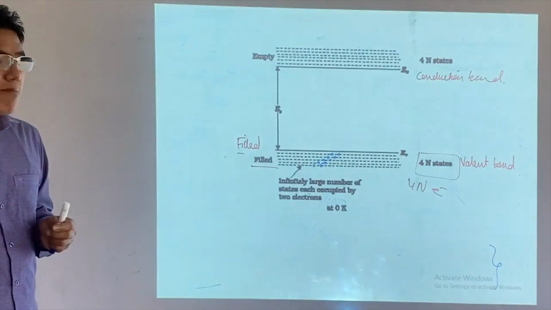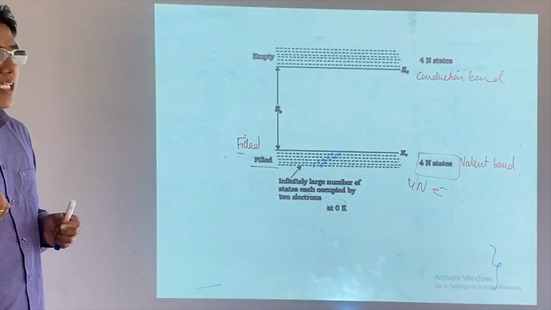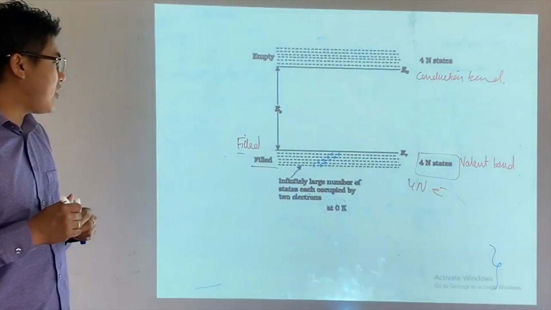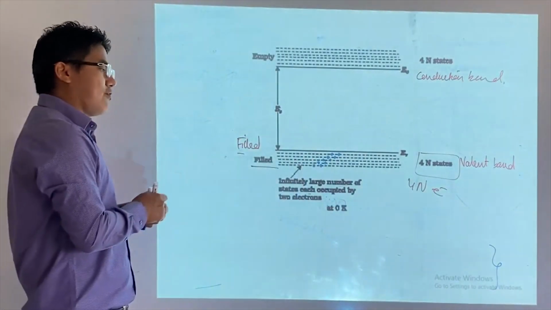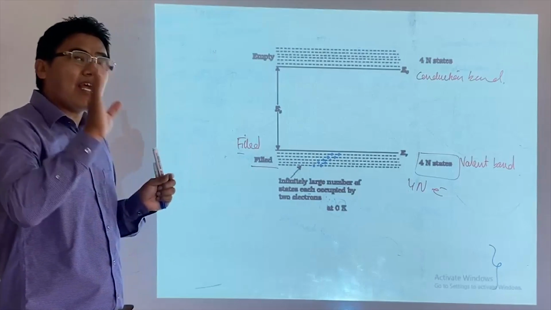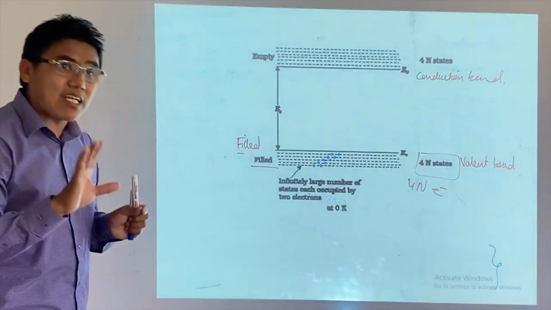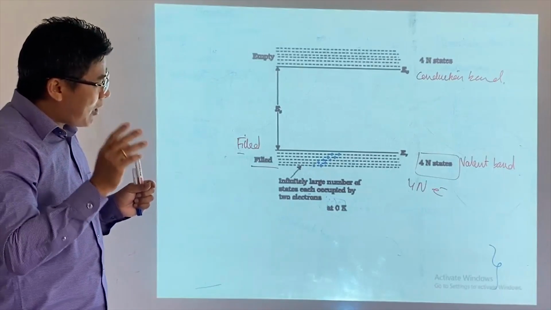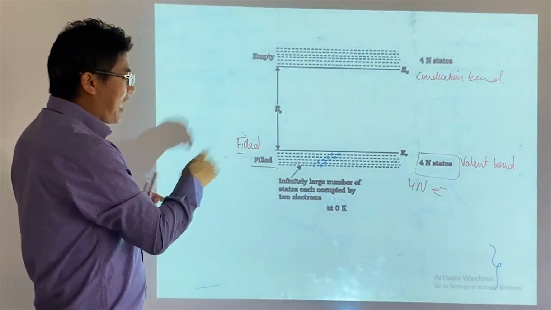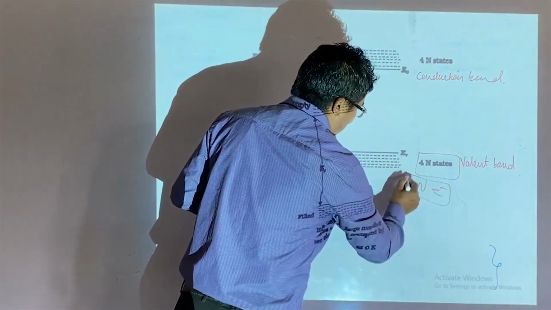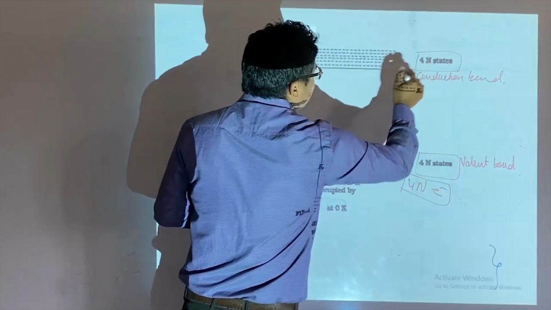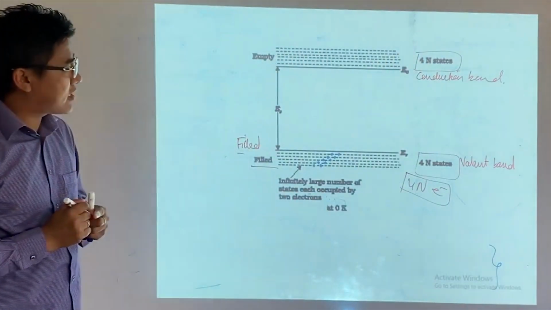If I have 1 million silicon atoms, 4 million electrons are filled. 4 million states are available, and all 4 million available states are occupied by electrons. So the number of electrons available is this, and this many states are available, but no electrons are available in the conduction band